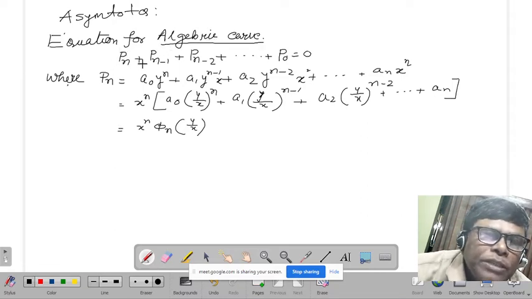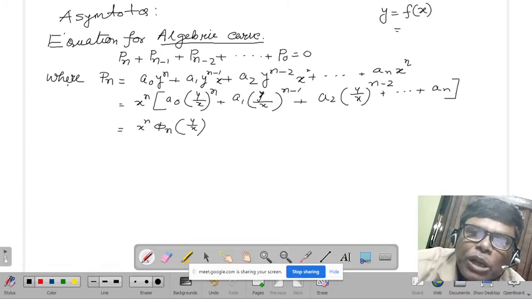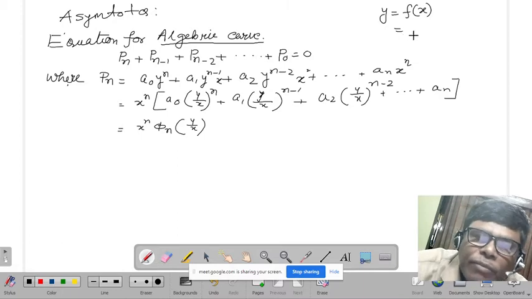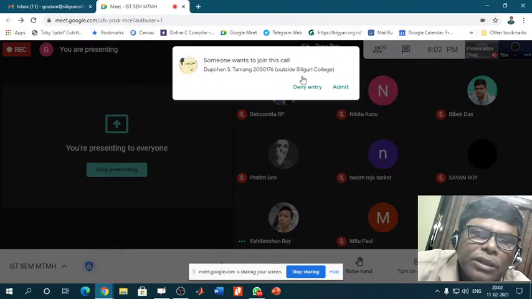Now Pn plus Pn minus 1 plus Pn minus 2 plus dot dot dot, any equation of a curve, say any f of x, we are writing the equation of the curves in this form. So it is a function of x. Now this function can be written in an algebraic form, but every equation can be converted to this form, where Pn is like,